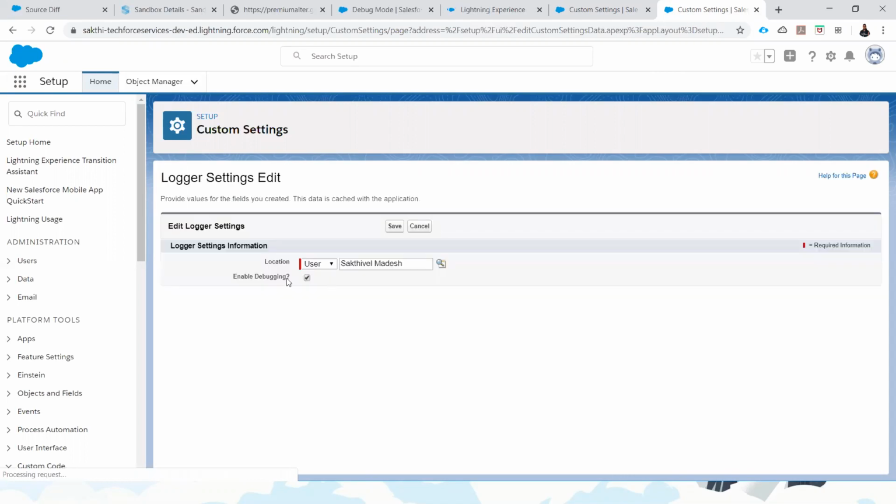Currently I enabled this for the user, so that means the additional message will be displayed.